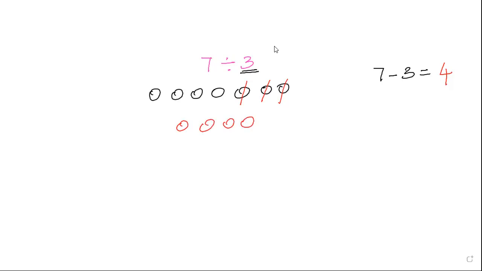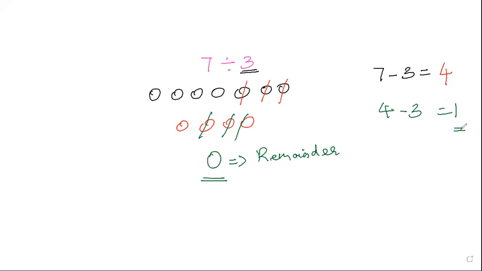Again, we have to repeatedly subtract 3. 4 minus 3, removing 3, you have only 1. So now we have only 1 object. Will you be able to remove 3 from this? We can't remove 3 from this because it has only 1. So this is our remainder. In this case we can't subtract till we get 0, because we have a leftover. Here we have subtracted 2 times, so our quotient is 2 and our remainder is 1, one circle left over.